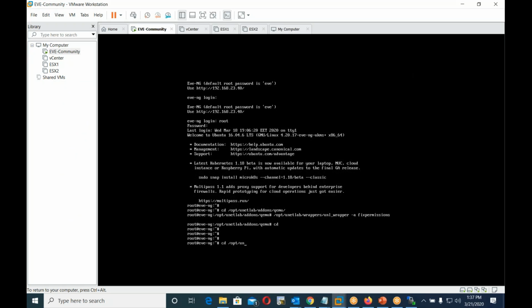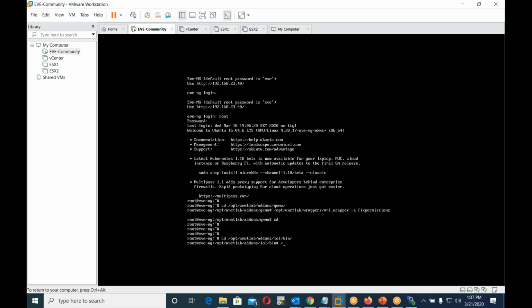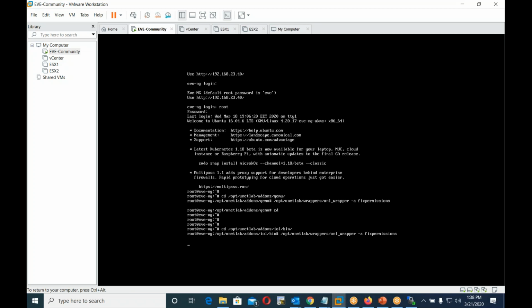I will say opt unit lab add-on, and this time it will be IOL bin, and then I will say opt unit lab wrapper UNL wrapper -a fix permissions. I have to choose this path of add-ons IOL bin because I have copied the router image in this location, IOL bin folder, right? So let me press enter, and after fixing the permissions, I will again get back to